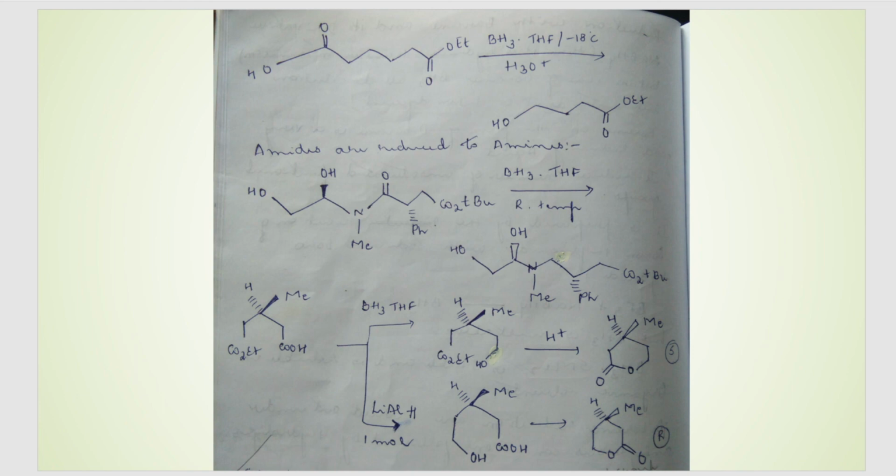Here in this particular example, there was a ketonic group, a C double bond O group. Here it got reduced to a CH2 group. Same CH2 group here. Same way here, the CHO group got reduced to CH2OH. So it is very specific. It will reduce a carboxylic acid and specifically carbonyl groups like ketonic groups.